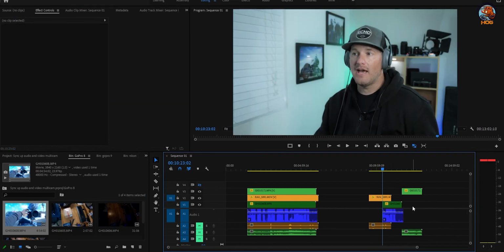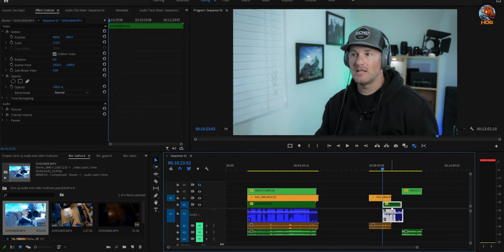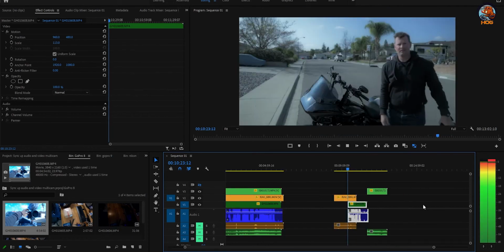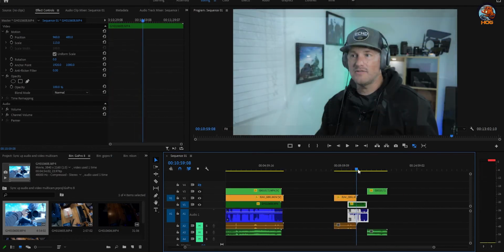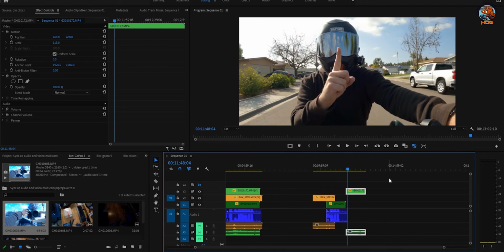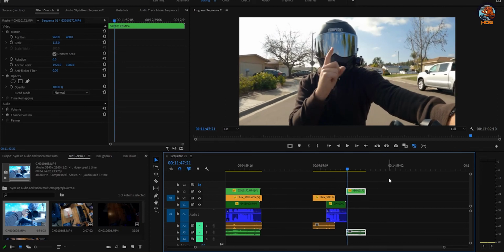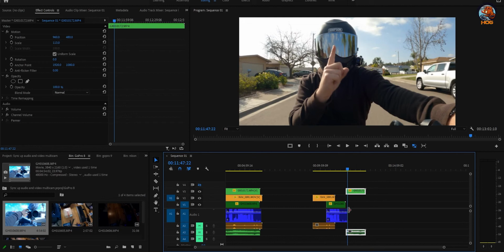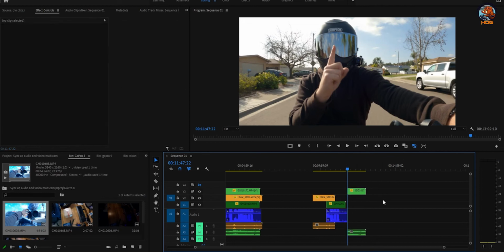So I do know that these two files, I want to keep these linked together, right? Because that is going to be my primary audio. Go ahead and hold up. So as you can see, these files are all over the place, but all I have to do is go to each video file and I match up. If we can see right here, I wait till that hits almost exactly right there. So that's going to be my starting point for this clip. I can get rid of the excess, but I know that that number one is going to be my starting